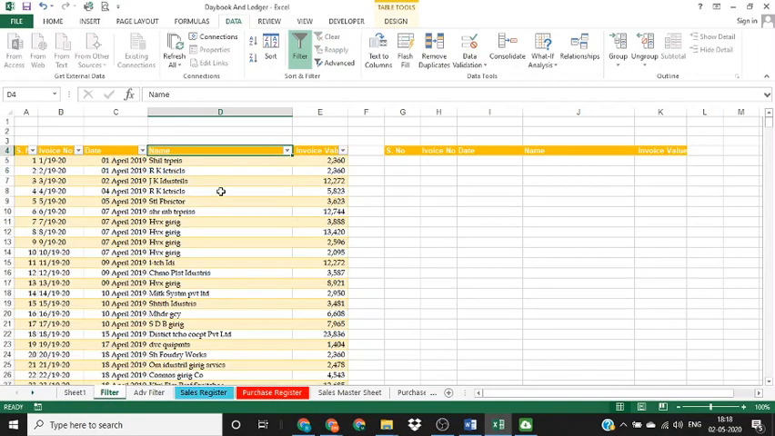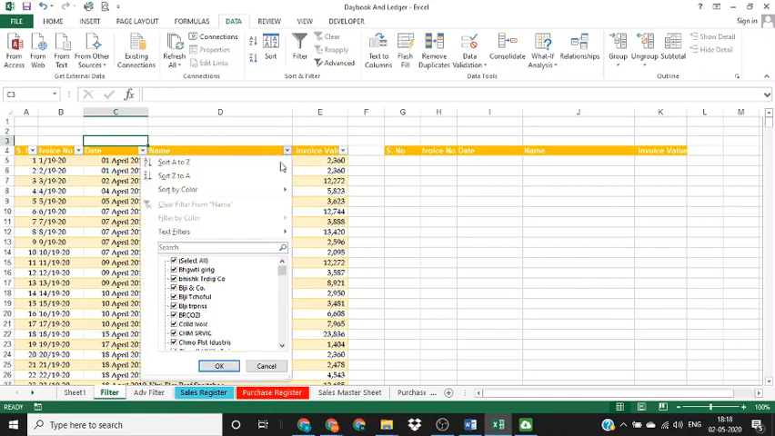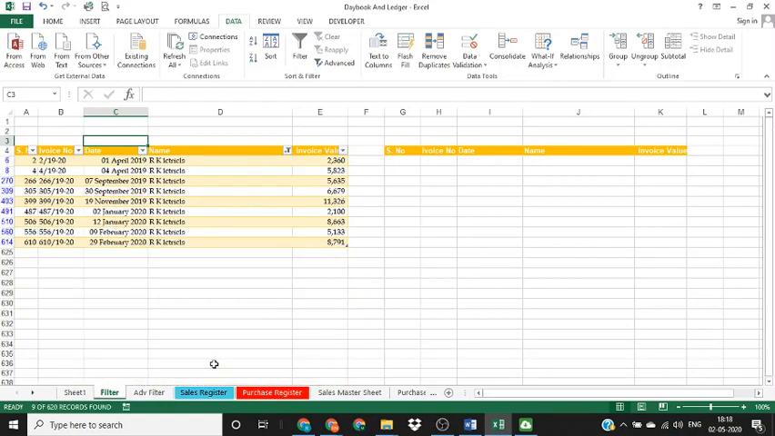Now we'll filter this particular data with some specific criteria. We start with the name column. Let's say I want to filter all the bills of RK. I'll write the name in the search box. Once the name appears and there's only one tick on one name, I'll click OK. So these are the bills raised on RK Electricals during the year 2019